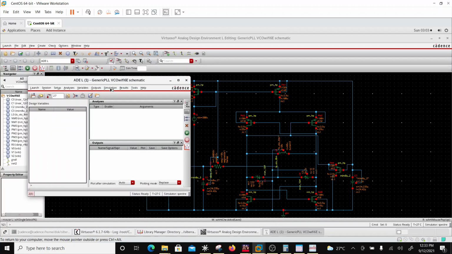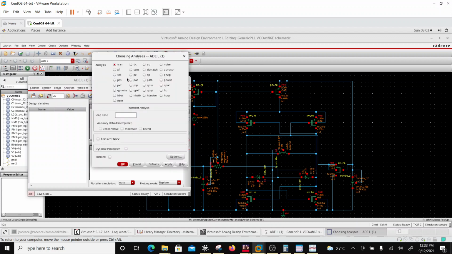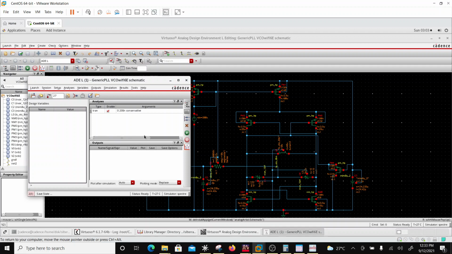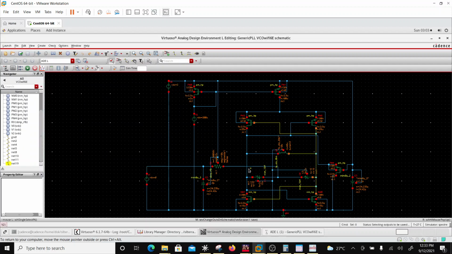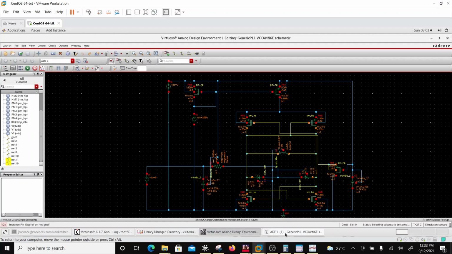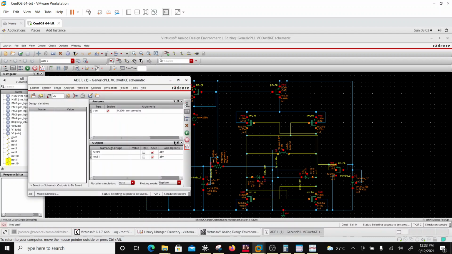and here I am going to choose the analysis to be a transient, and I simulate for 200 nanoseconds. No transient noise. Then I am going to look at the output to be saved, select on design. So that's one, and that's another one, and I'm done with that. I am ready for simulations. So if I hit simulate,